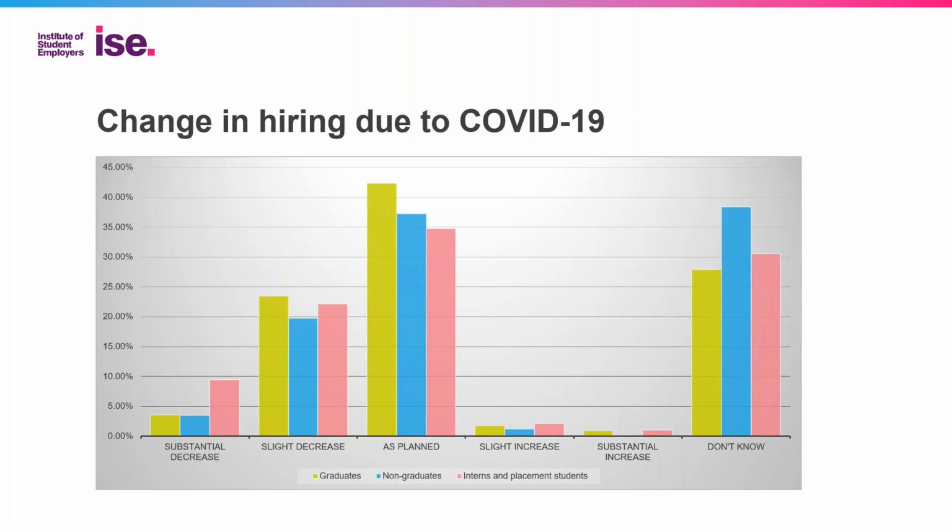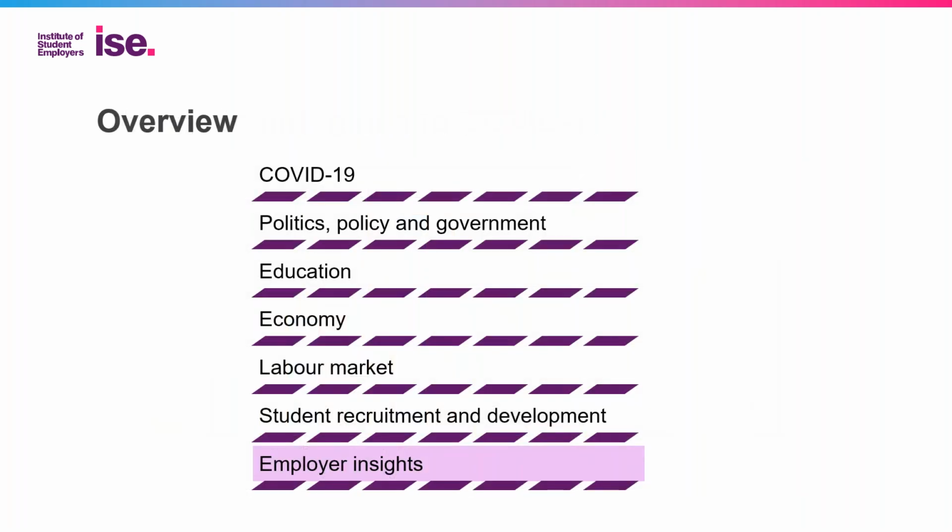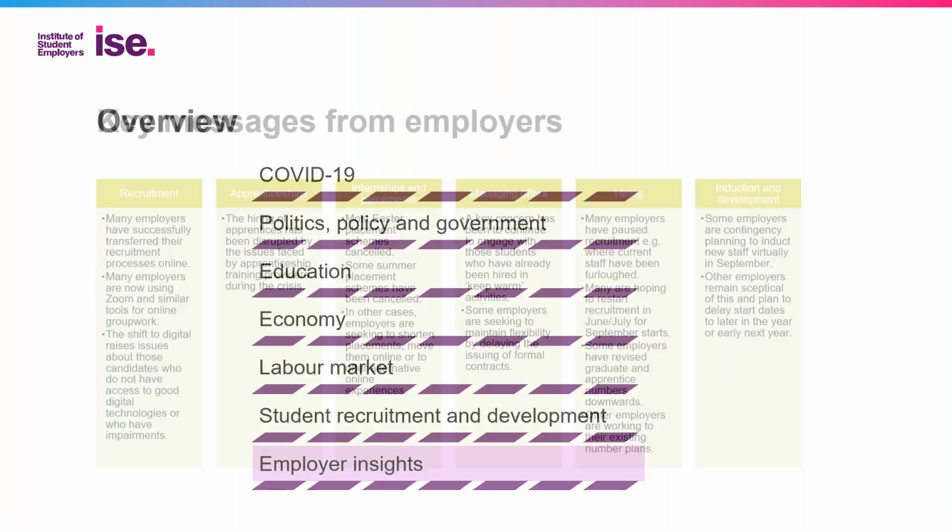But what we're not seeing so far is a complete cut and run. We're not seeing employers moving out of the student labour market altogether. So let's move on to look at some insights in terms of what we're hearing from employers that help us to update that picture that we formed a couple of weeks ago. As the lockdown has gone on, as the number of cases and deaths have got higher, what has been happening? What has been employers' responses?